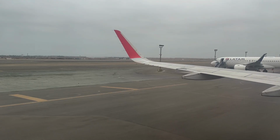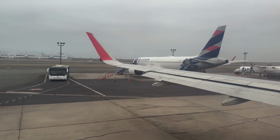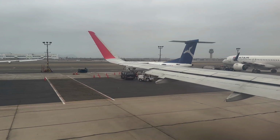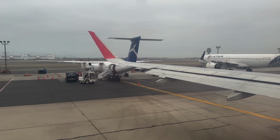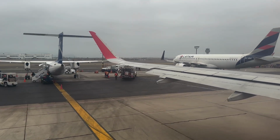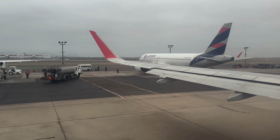We've been pushed back as far as necessary, so it's now time for us to start moving forward. This time the path brings us even closer to that LATAM A320 and that ATSA Dash 8. ATSA only has 2 Dash 8s in their fleet, and this plane actually started off in the USA with Horizon Air until 2019 when it came down here. After passing the last LATAM A320 on the ramp, we're ready to head out to the taxiway system,